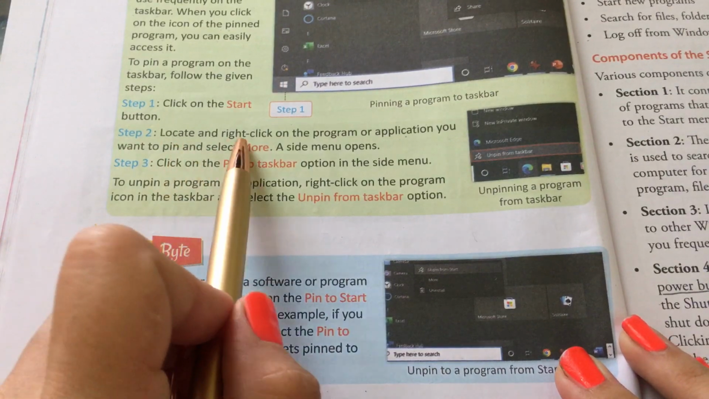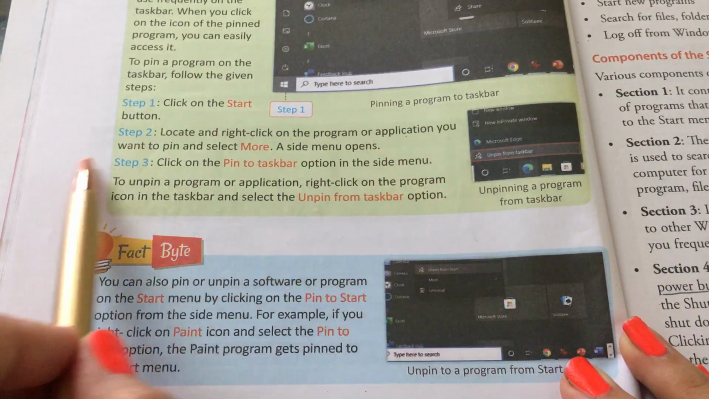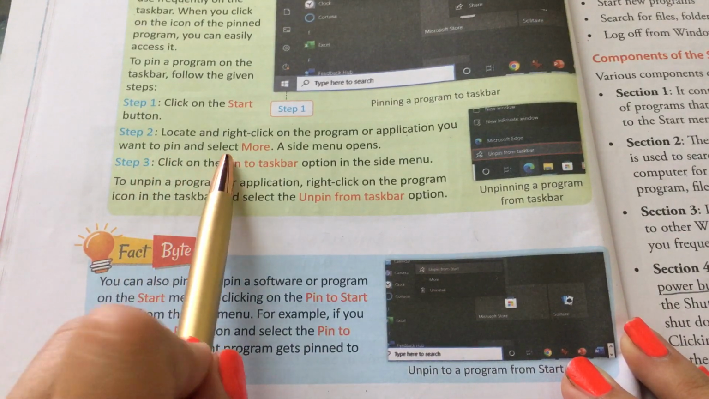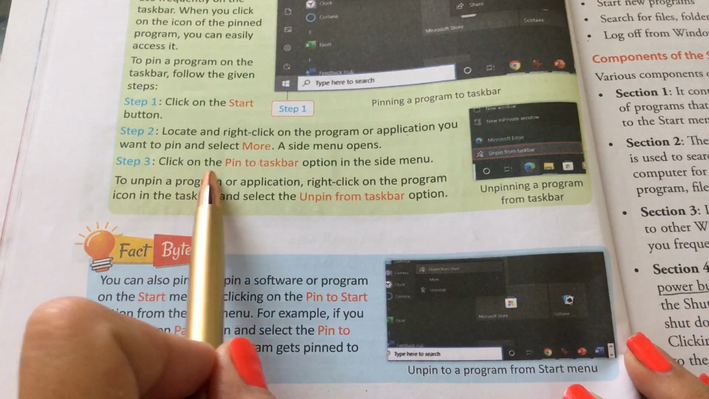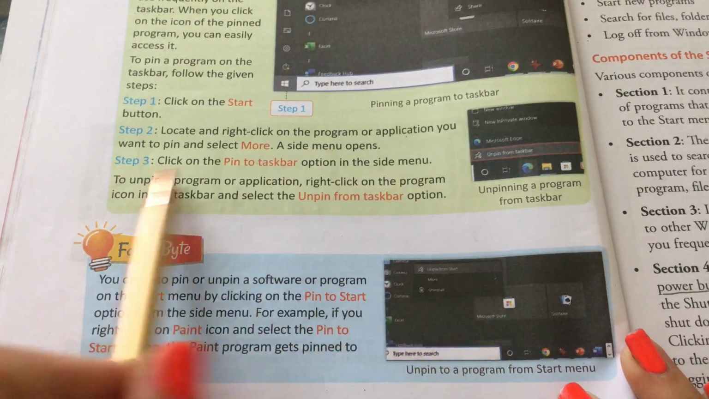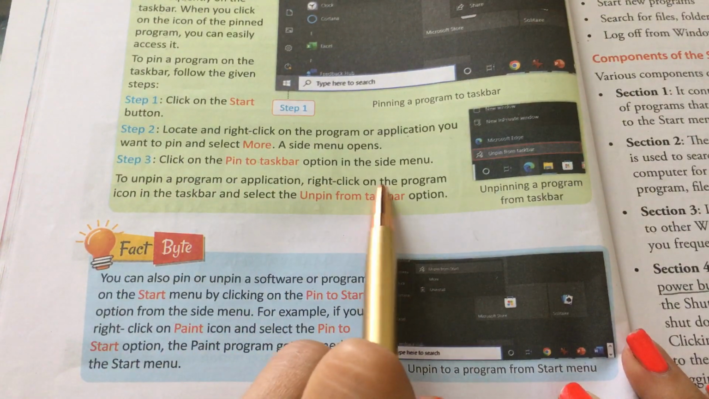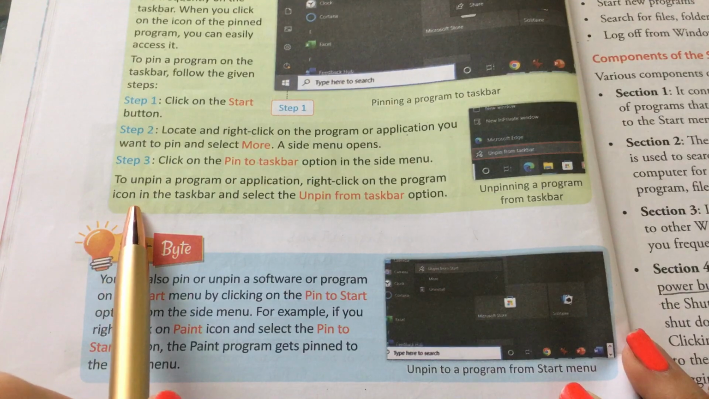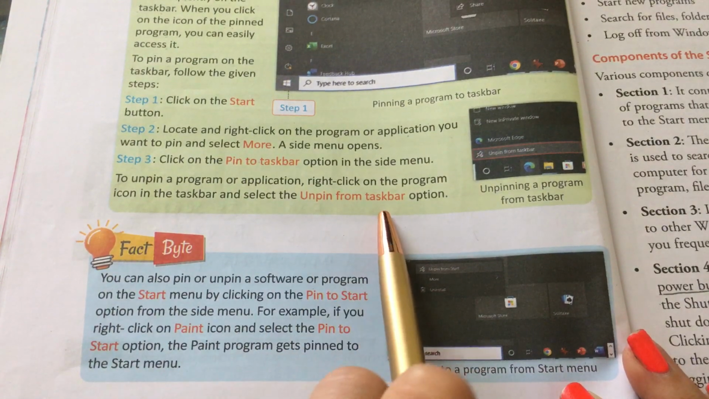Step 2. Locate and right-click on the program or application you want to pin and select More. A side menu opens. Step 3. Click on the Pin to Taskbar option in the side menu. To unpin a program or application, right-click on the program icon in the taskbar and select the Unpin from